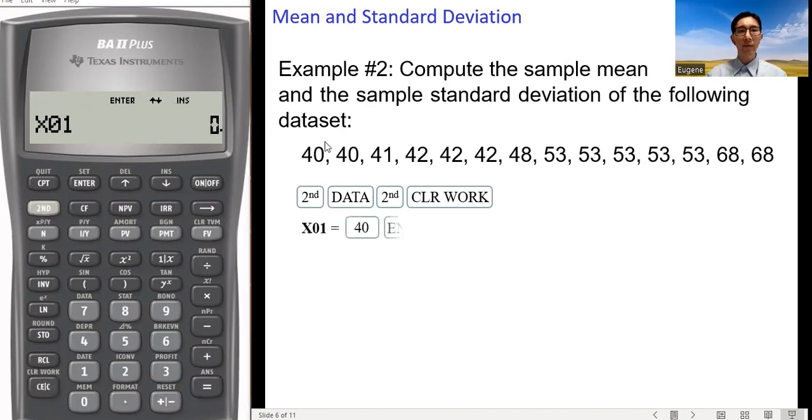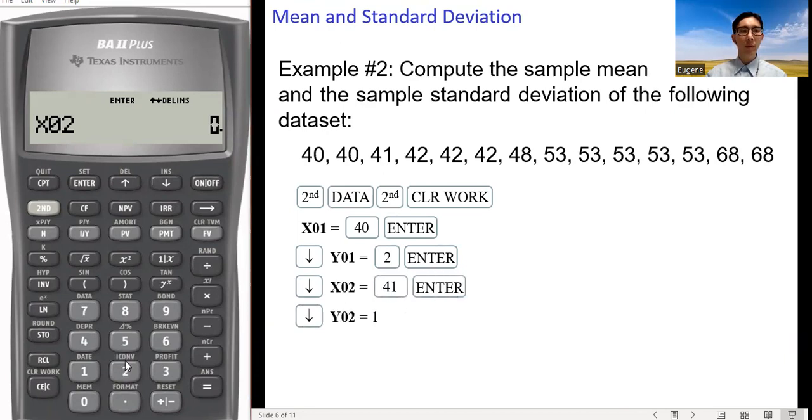The first value is 40. Key in 40 and then press the enter key. Frequency: 2 appears 2 times for the data value 40. So we press 2 and then enter for Y01. The next value, 41.